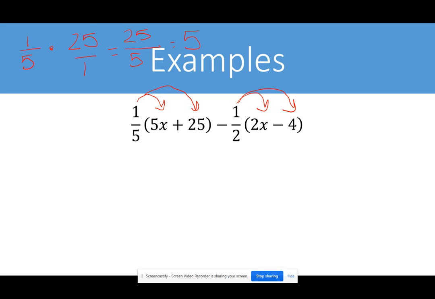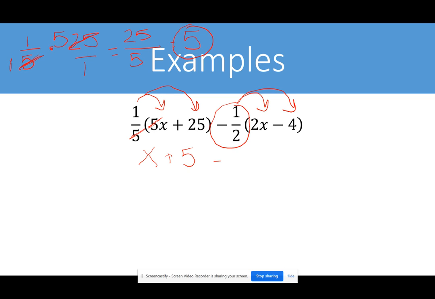Or you could just do 1/5 times 25. It cancels out, so this bottom would become 1 instead of 5, and the top becomes 5. And then you just get your 5. So we have 1/5 times 5x. The 5's would cancel, so you're just left with 1x. And then we just did 1/5 times 25, which gives us 5. Now, multiplying